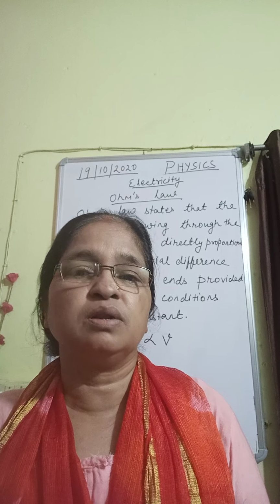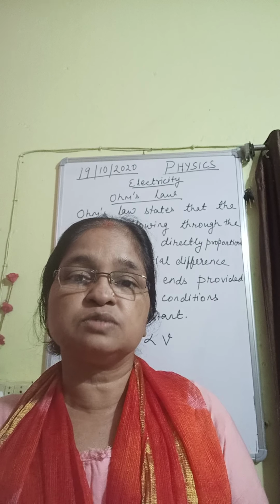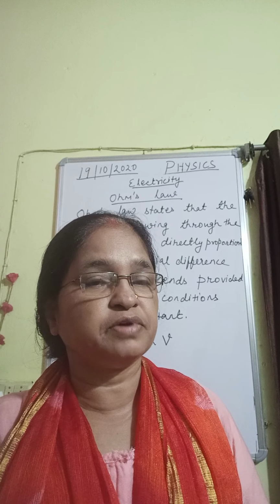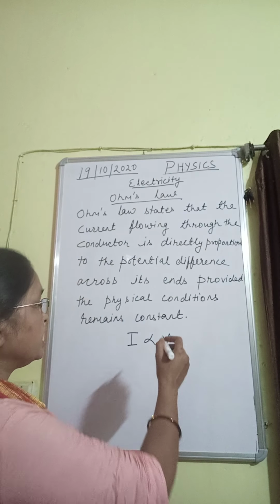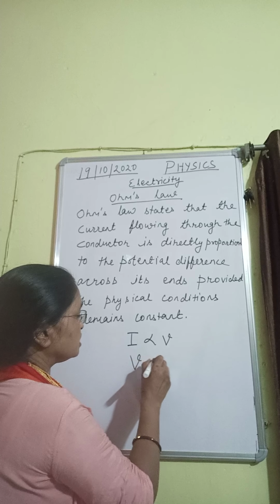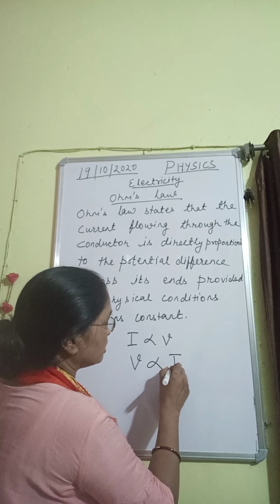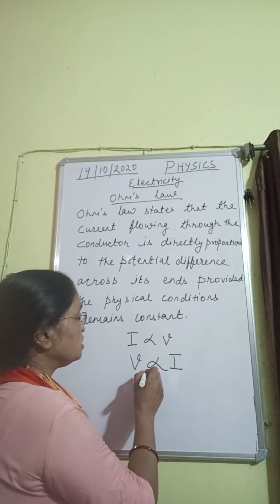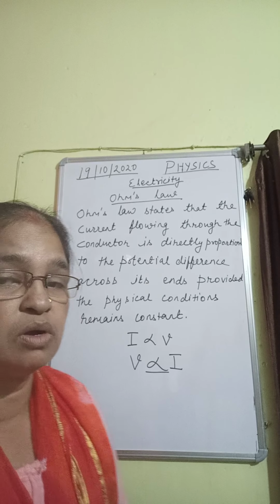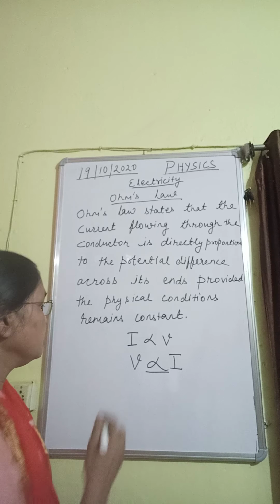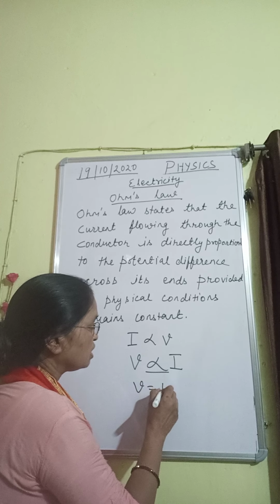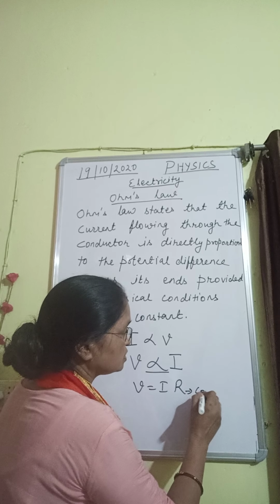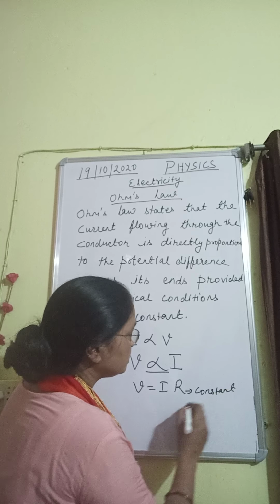But actually, when a lot of experiments have been done, it is found that when V increases, then it affects I. So we can write V is directly proportional to I. Whenever you remove the proportionality, we put in one constant in physics. So see here, V is equal to IR. R is the constant known as resistance,